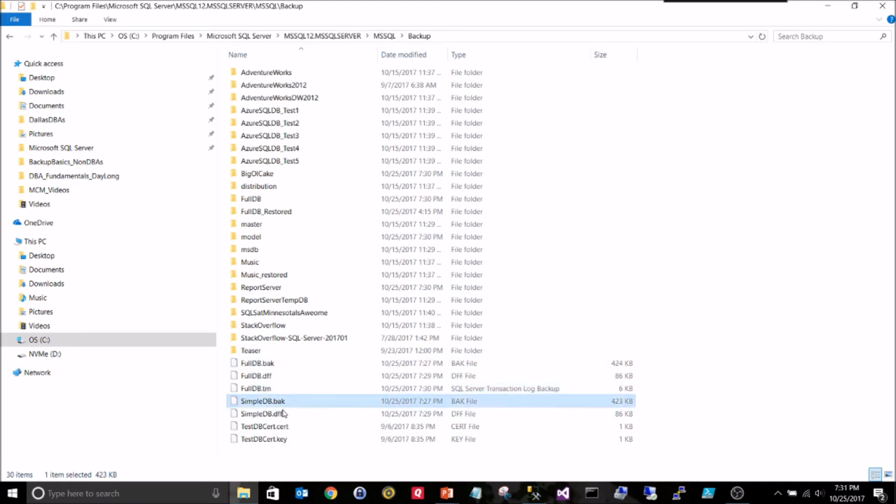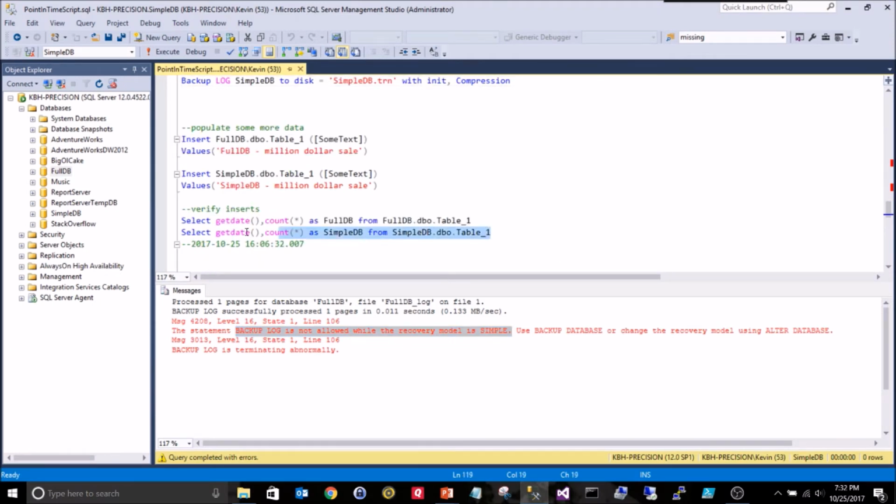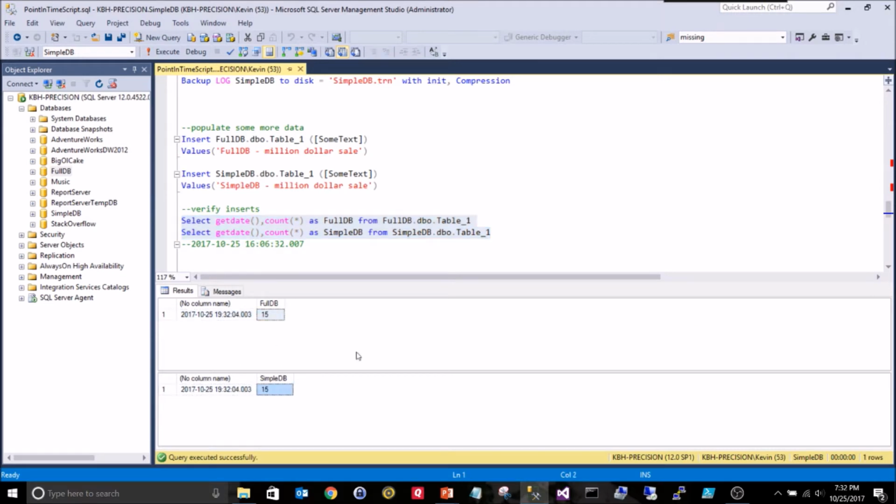For the simple, I've got the full that we took, and I've got the differential, and there's no TRN because that one failed. That was the red text earlier. So I don't have that. Now we've deviated in what we've got. The data is exactly the same still. So if I were to run just some selects on those two tables, it's still going to show me 15 rows. Awesome. I'm going to insert